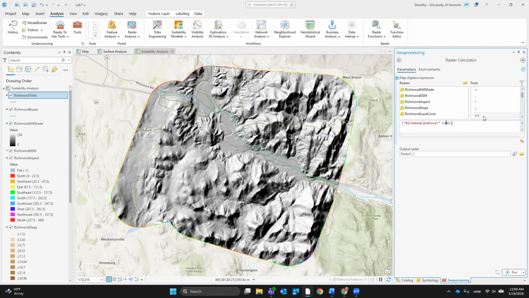I can type in 41. Then I can scroll down for my and sign. I mean, you can put it in there if you want, but I really like just not leaving things to chance. I'm gonna do a double one. Then I want aspect. Come on, aspect. And we want this to be